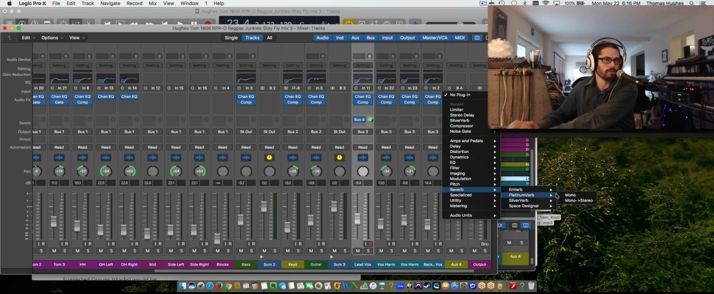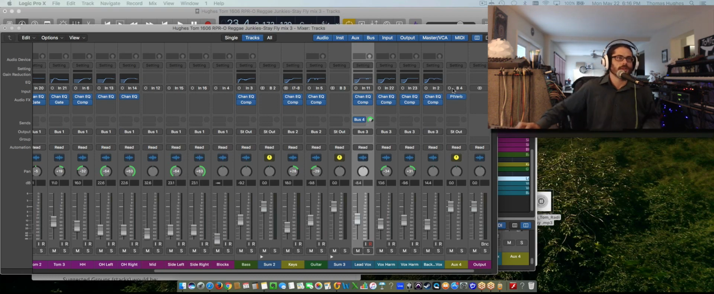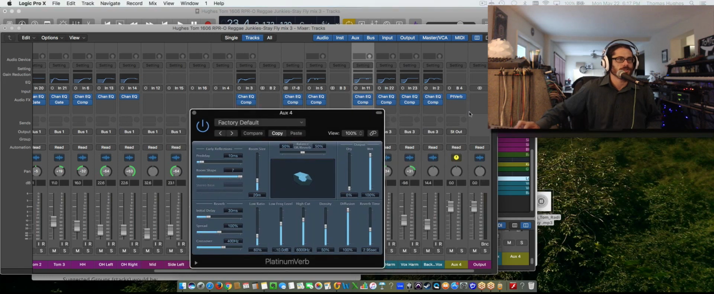I can't remember which one's which. Let's try the platinum verb. I'm going to put it in stereo too. Once I create it, it's too late before I click it, but luckily with Logic, I can do it as an afterthought. Want to go back to Pro Tools and have to think about this ahead of time again? So if I want this to be stereo, all I have to do is click right up here